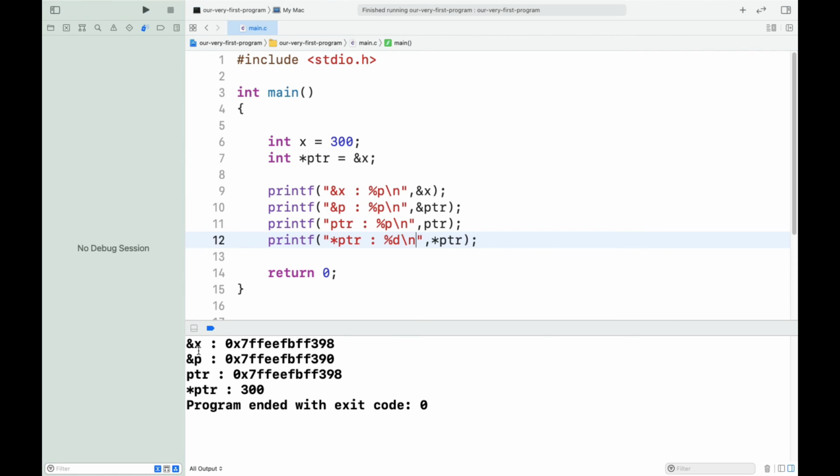So we can see in here the address of x is this number, BFF 398, and the address of ptr is BFF 390, and the ptr itself is storing the address of x only.